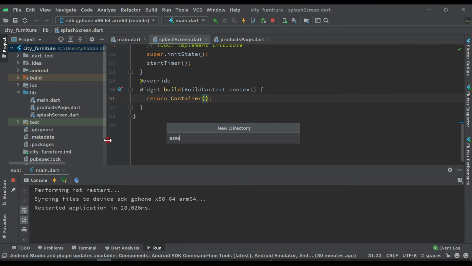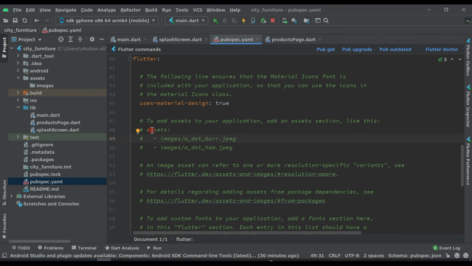Now we have to go to pubspec.yaml, down here, double click on it. Now come back down here, and it's displaying how to add our images. So first of all we have to add the folder and images here. Careful guys, it should be arranged in the same line. It cannot be like this, or like this.